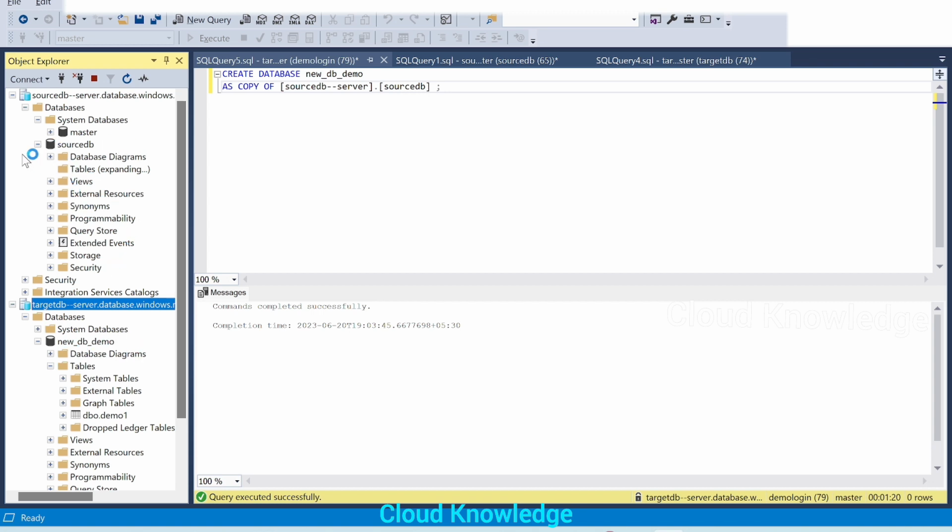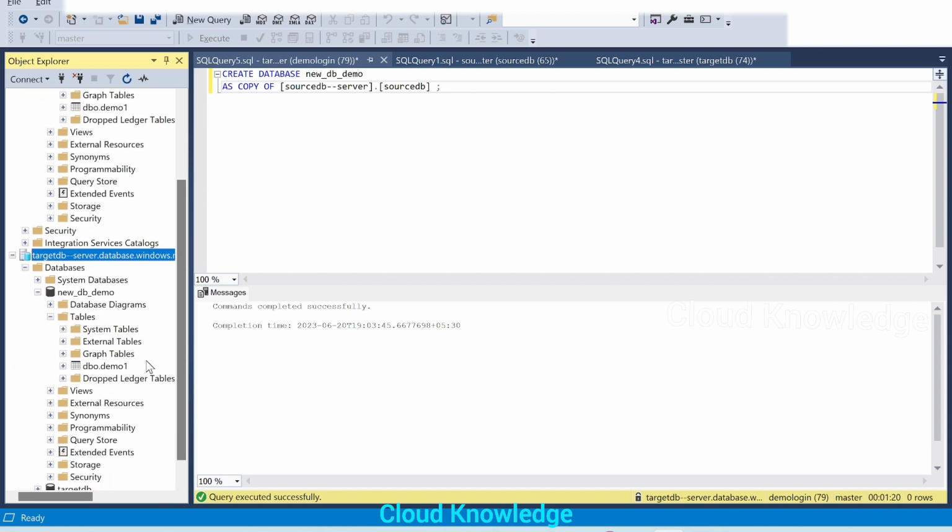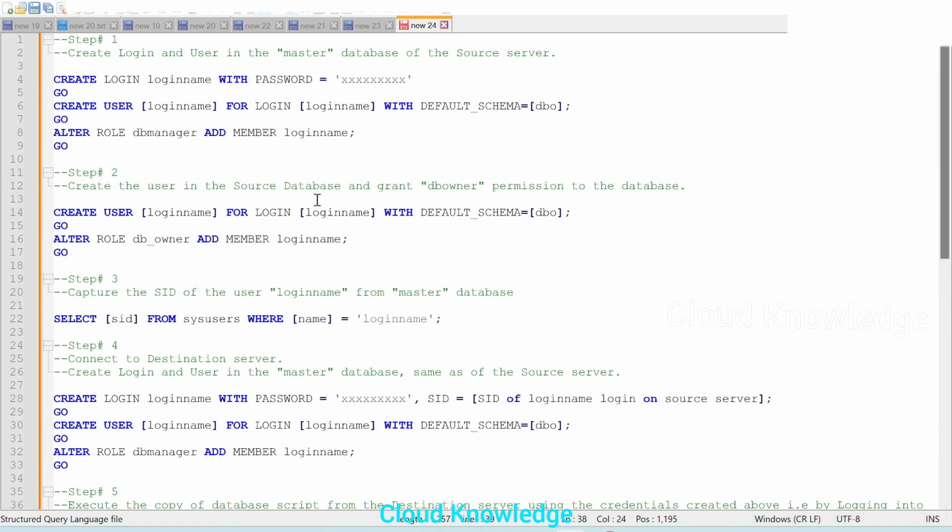New DB demo is the replica of the source DB which is present in another server. So we have successfully copied this source DB from the source server to the target server using these steps. Okay, using these 5 steps.